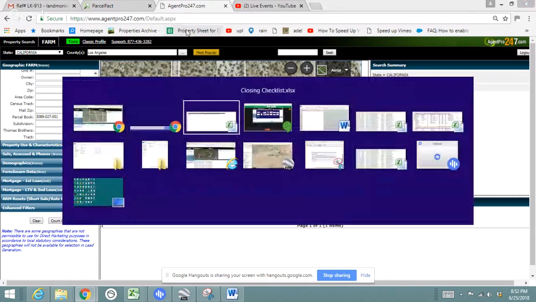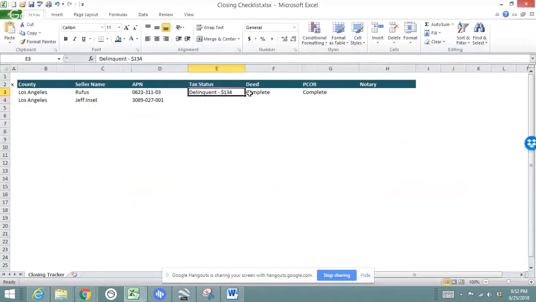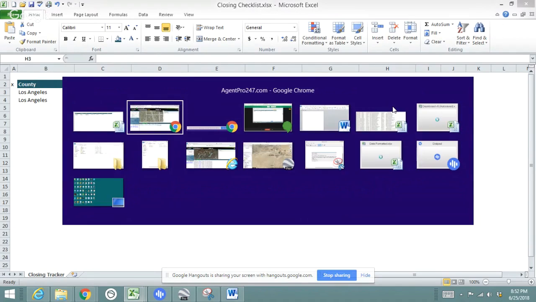So once you get the vesting deed, you should be able to create the deed. You should be able to create the PCOR, the change of ownership form, and then the last step here is the notary. So when finding a notary, you can go to